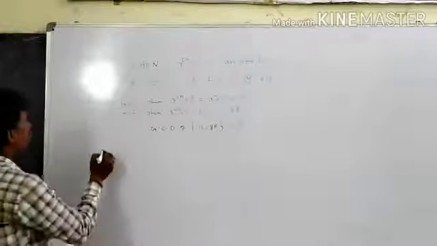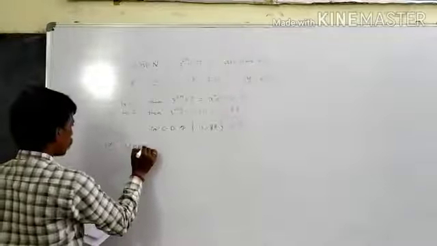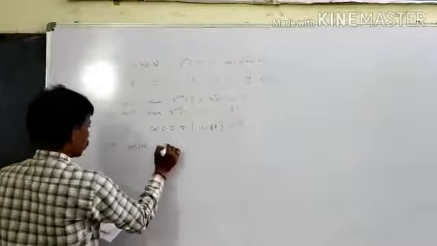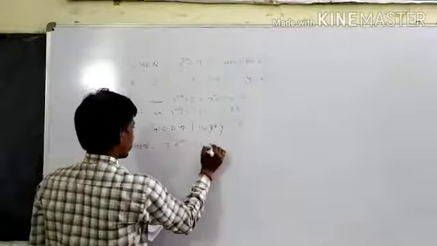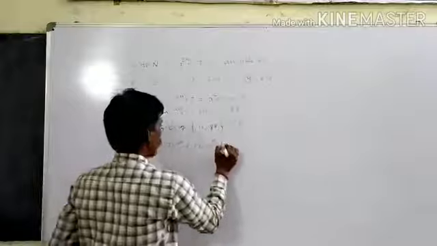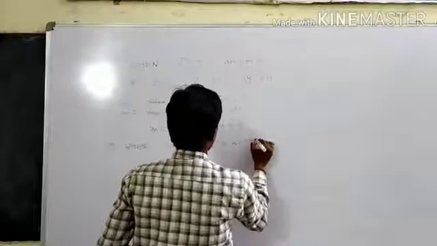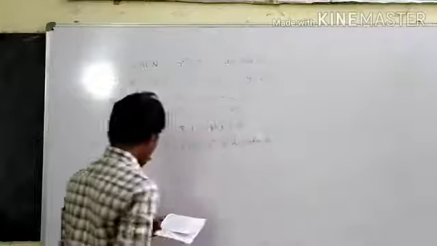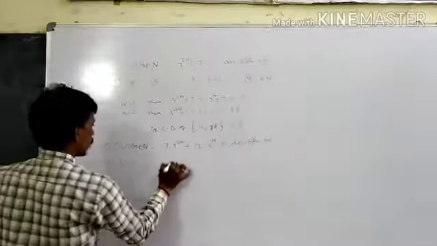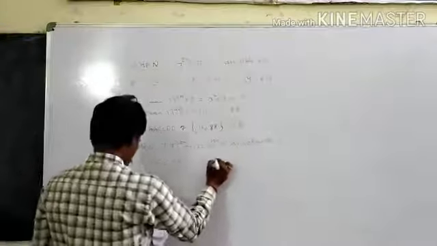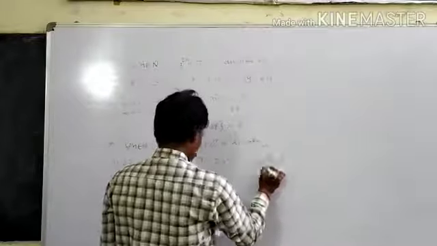In a similar way, for all n belongs to N, 7 into 5 power 2n plus 12 into 6 power n is divisible by: first option is 13, second option is 19, third option is 247, fourth option is 26.